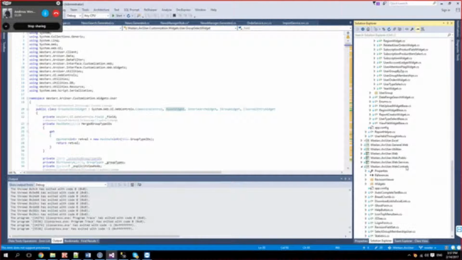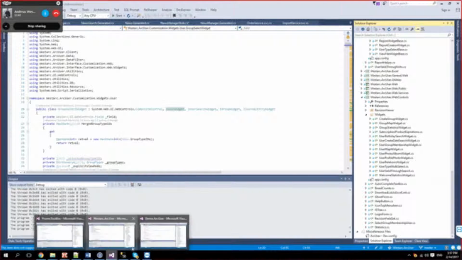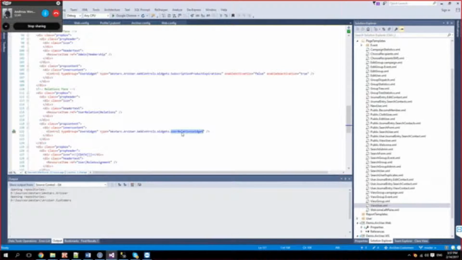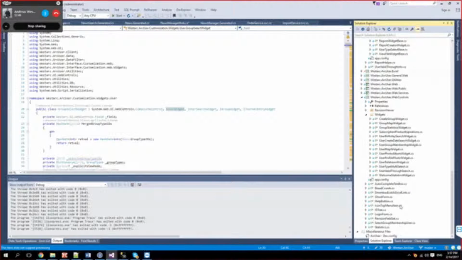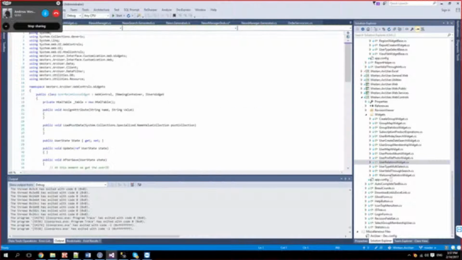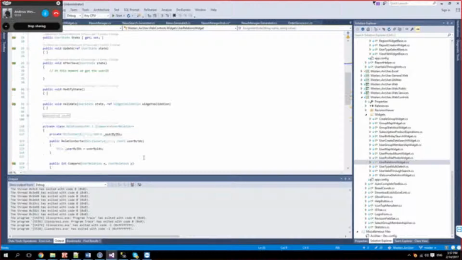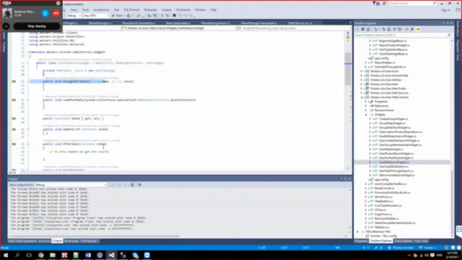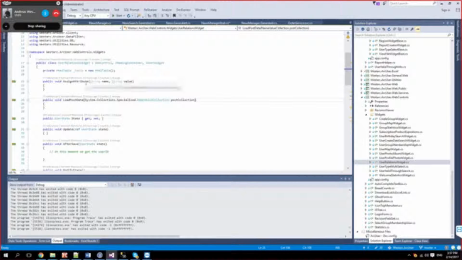So Westarc, Arc user, web controls, widgets, user relation widget. User relation. There we go. Oh, this is more convenient, right? So this is a web control.